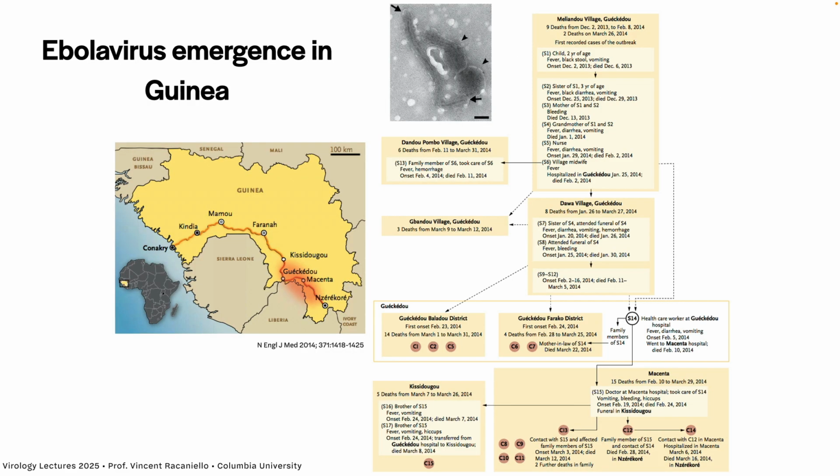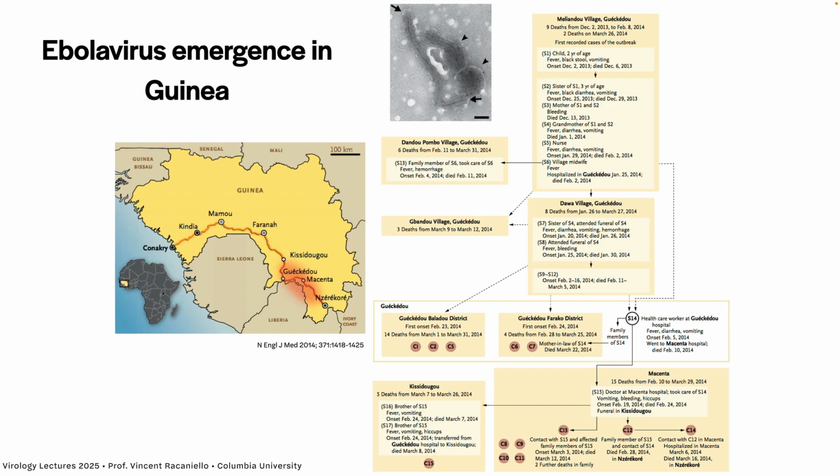Now, the 2015 outbreak, as I said, was huge. This is the epidemiological tracing. So it began in a small village in Guinea, here, Meliandou village. There were 9 deaths from December 2nd, 2013 to February 8th. First recorded case was a 2-year-old child who had fever, black stool, vomiting, and onset December 2nd, died 4 days